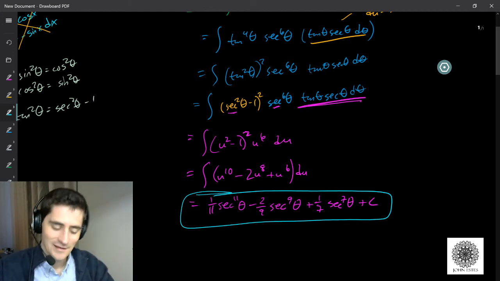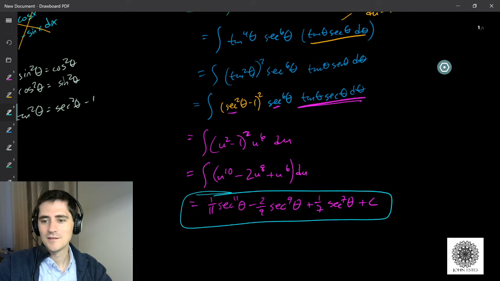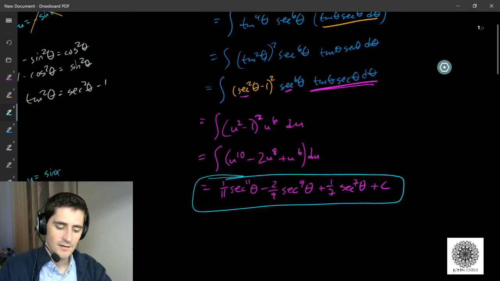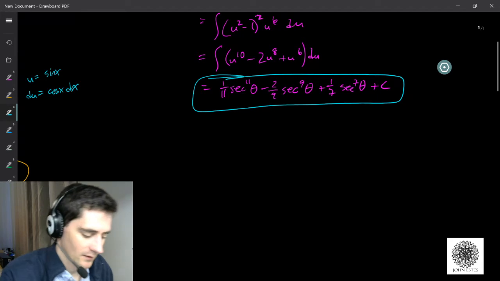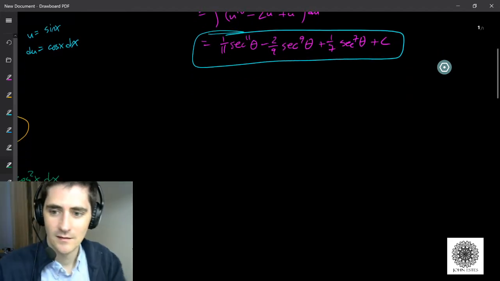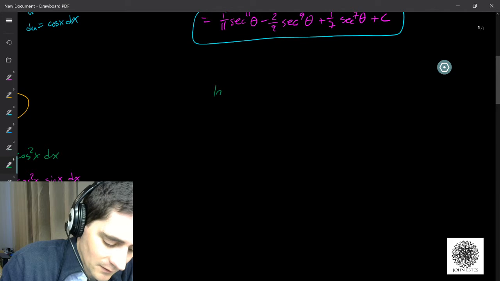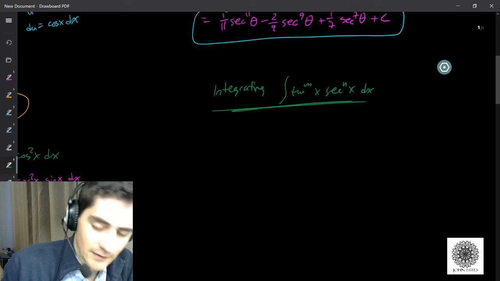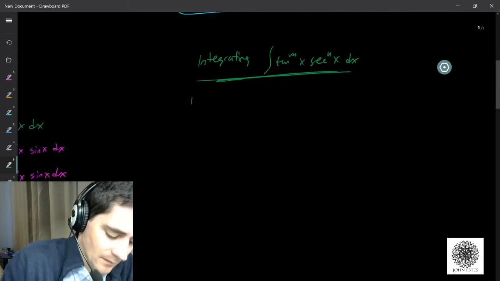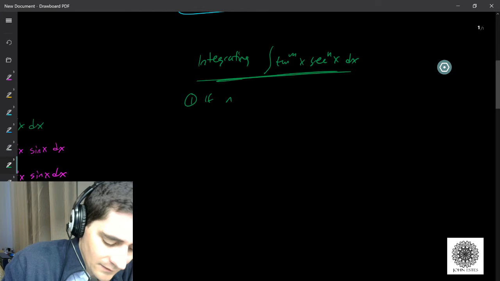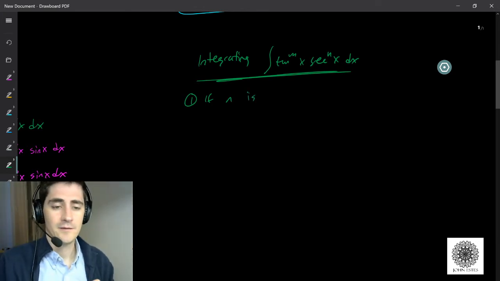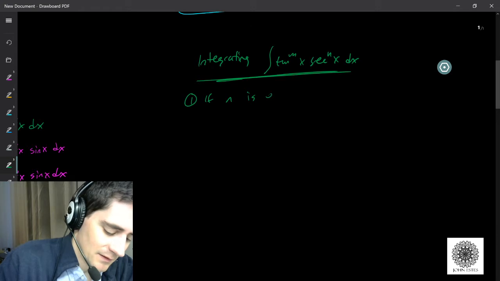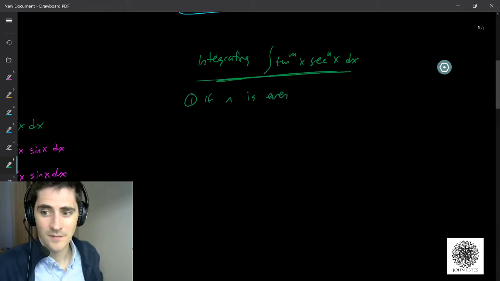Make sense? Okay, so I think with these two cases, we get a good idea of how to integrate our secant tangents. So here's our strategy, integrating something like this: the integral of tangent to the m, secant to the n, dx. So if, let's say 1, if n, last time it was odd, right? If n was odd, if m is odd, here we're going to say if n is even, so if you have even secant, then